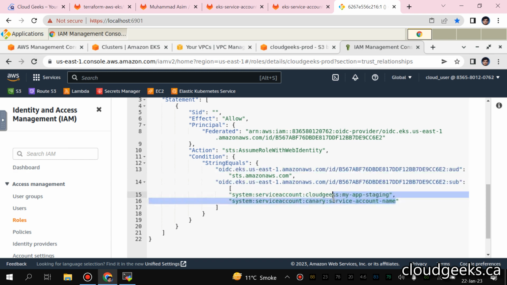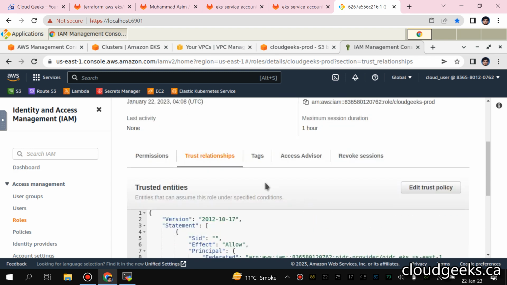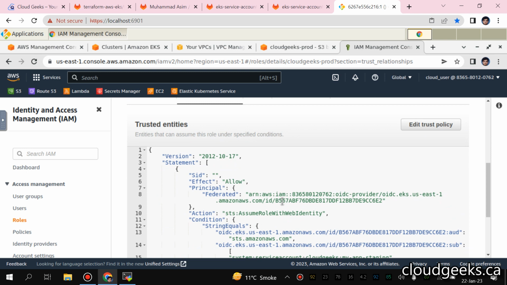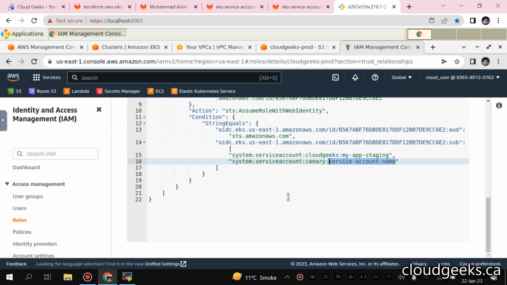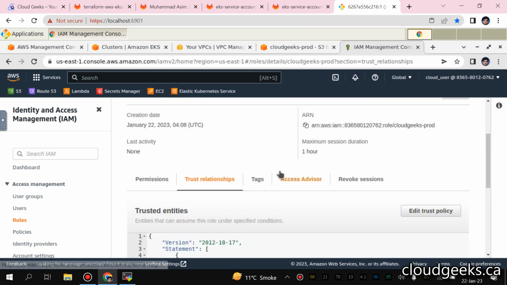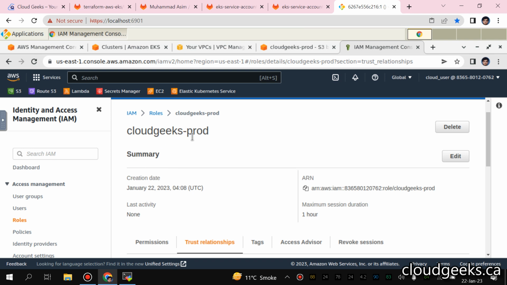These service accounts we are going to create through YAML files, either with Helm or YAML. You are just allowing those namespaces and service accounts which you are going to create in the next stage through the YAML file or Helm, right? So this is the hardened